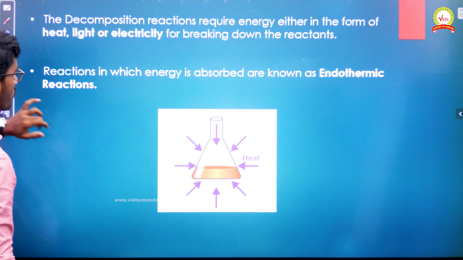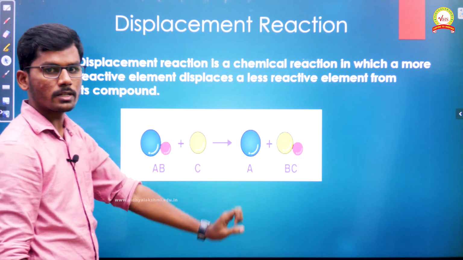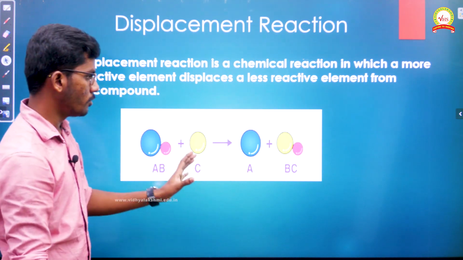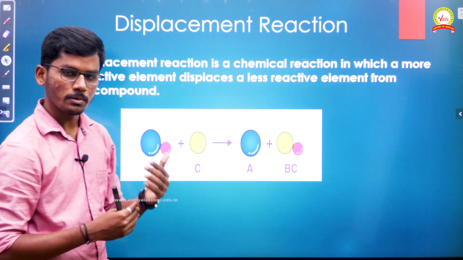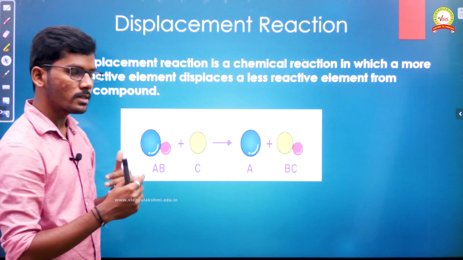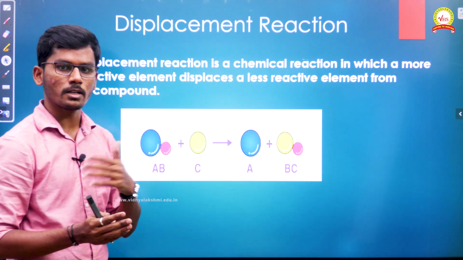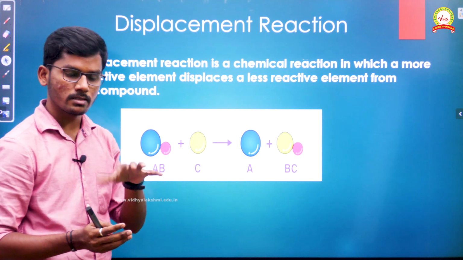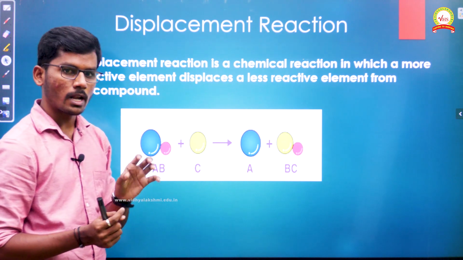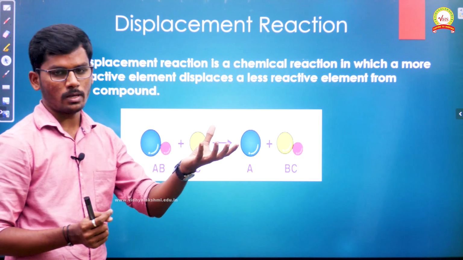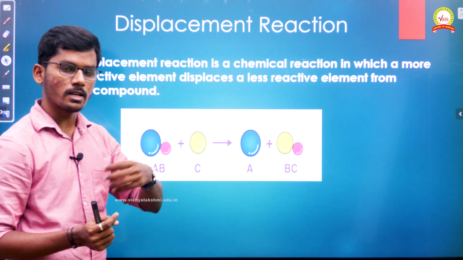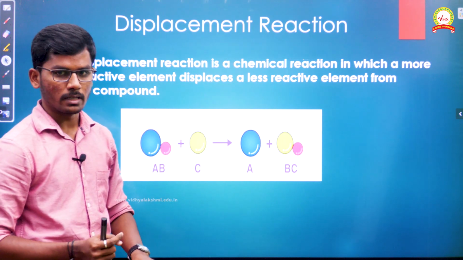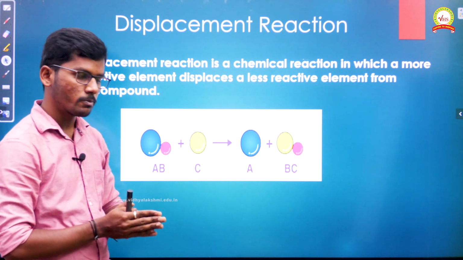The next thing we are going to see is displacement reaction. You would have known already what is displacement. Displace in the sense replacing a substance or a compound. There is a criteria, not all the substances can replace the other substance or the reactants. There is a criteria where displacement will happen: the more reactive element or the more reactive metal will displace the less reactive element or metal. So that is what we call displacement reaction.